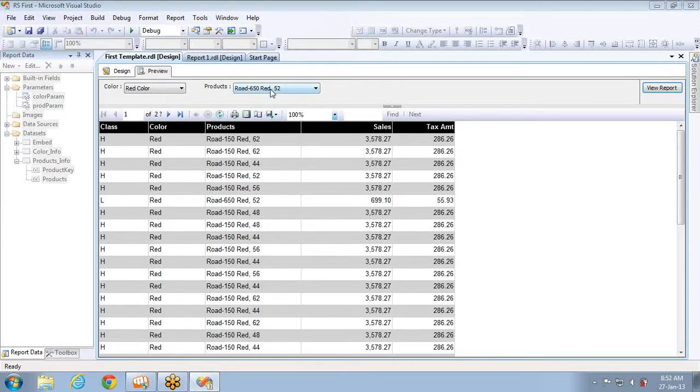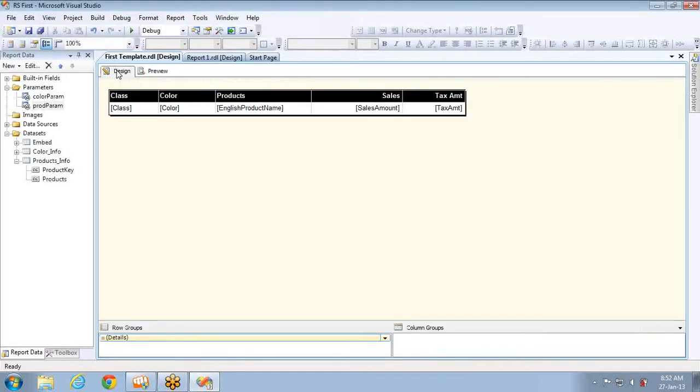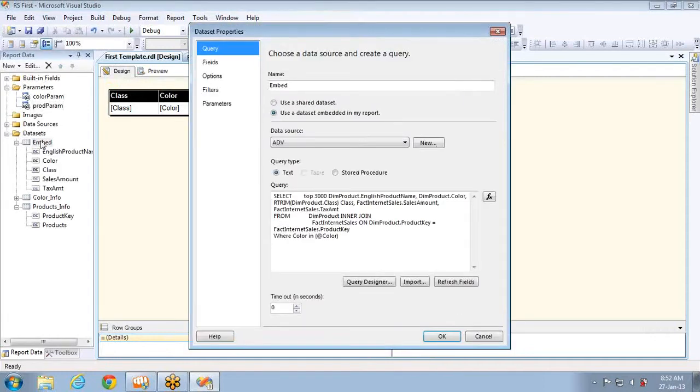So now let's see the steps that I have to follow to add the query parameter and provide the reference between the query parameter and the report parameter. So the data set which is filling the data for my report, that is embedded. Okay, in this one I have to provide the query parameter just like I provided for color. So with color I also want to filter product name, and I can filter it based on product key, right?